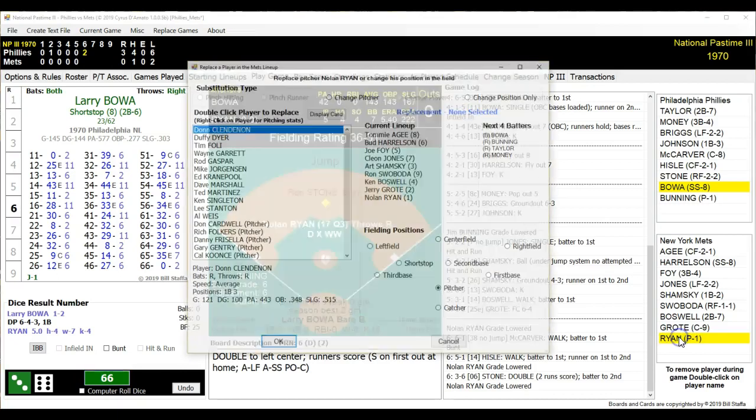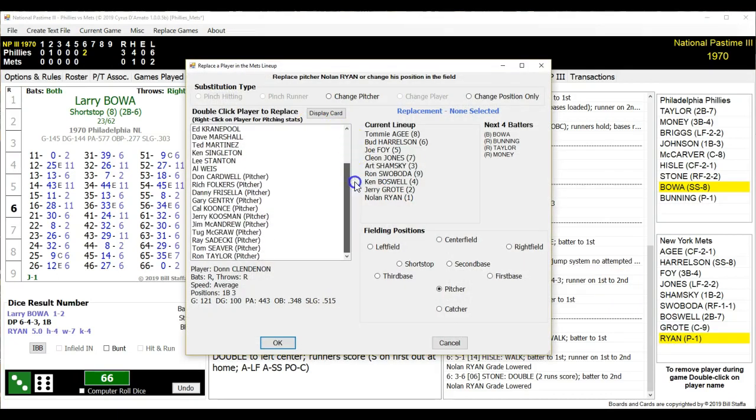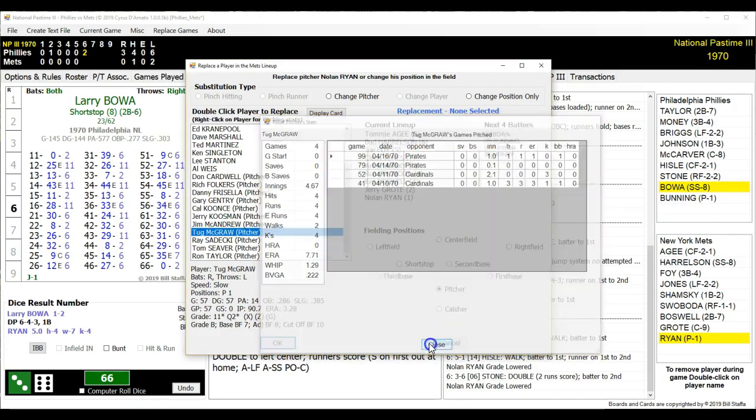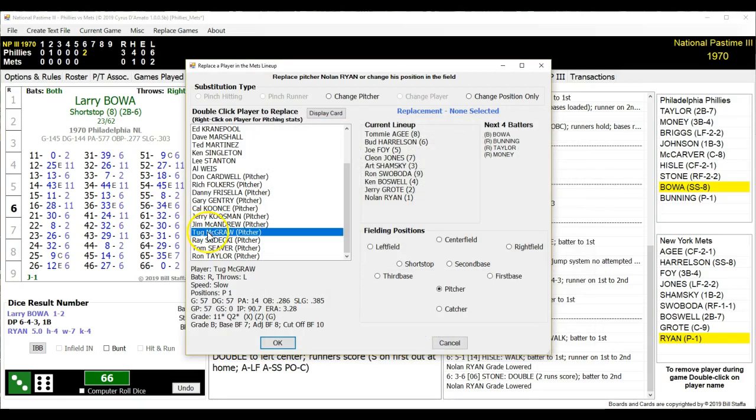So, have to get somebody out of the pen here. We're going to use everybody except for Taylor, who was used in the next game. So, let's see who we can find here. McGraw's been pitching quite a bit lately. Actually, no, he hasn't. This is the 18th, so he's had a day off. So we're going to bring in Tug McGraw here to try to